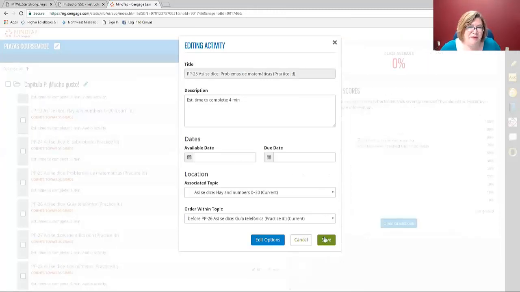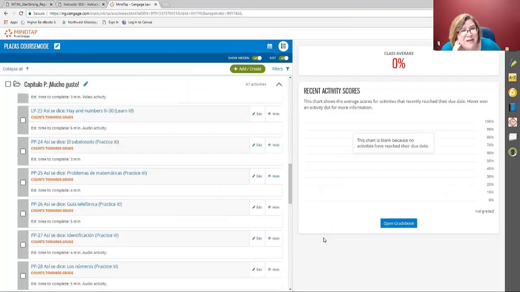I kind of mix those two together. And you do want to save it. As a heads up, if you do save it, it does take anywhere from like 20 to 30 seconds, it seems like, to make it update. So be patient with it. Sometimes I've had it take up to a minute for an assignment to change as far as the points or to update with the new activities and the new answers.